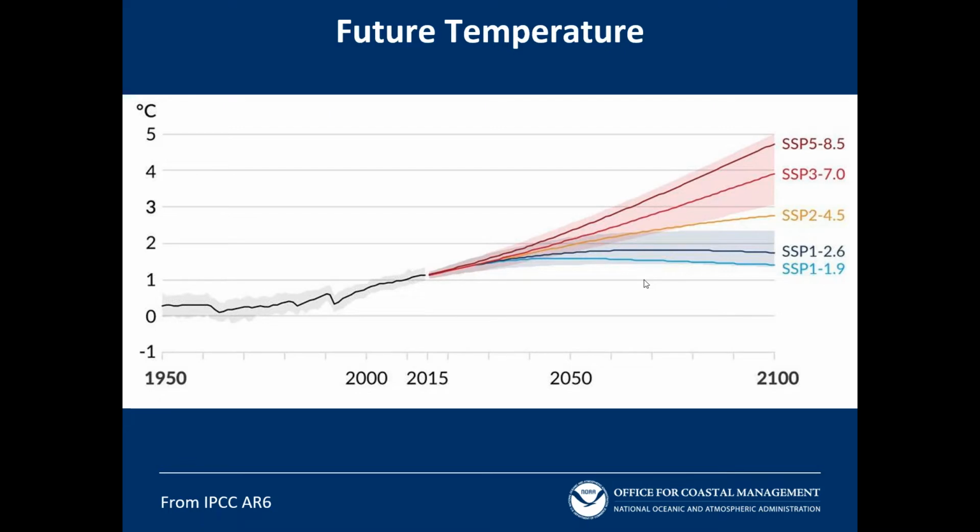And what we try to do in these IPCC reports is do global climate modeling to figure out these different scenarios of temperature. And you can see here, these SSPs are different temperature scenarios going out to 2100 and even beyond to 2150. And depending on how we act as humans, whether we reduce greenhouse gas emissions or not, could determine which of these pathways we are going to be on. Of course, the amount of temperature increase is going to affect the ocean temperature and the ice sheets. So there's a lot of factors that go into that.